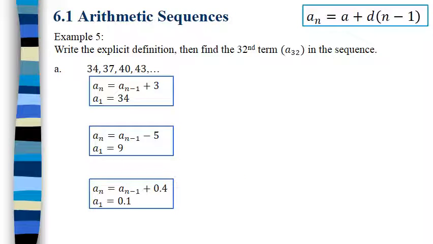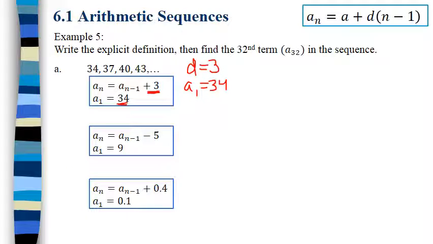Okay, so let's do a couple examples. Now you'll notice that these are the answers to the recursive formulas from the last example. So let's convert these to the explicit form. We notice that in part A, the common difference is 3. So if the common difference is 3, that means the slope on the graph would be 3. And we notice that we're starting at 34. So if a sub 1 is 34,